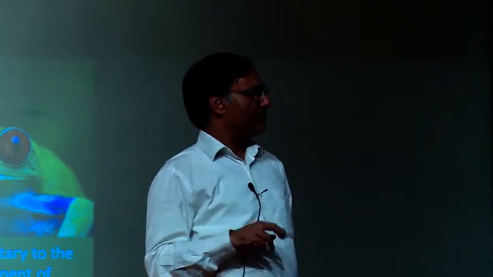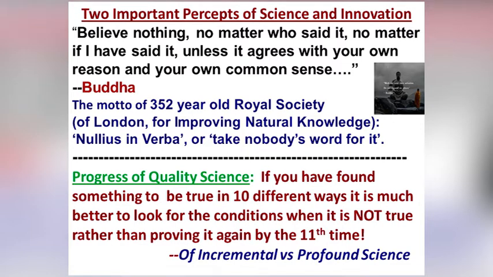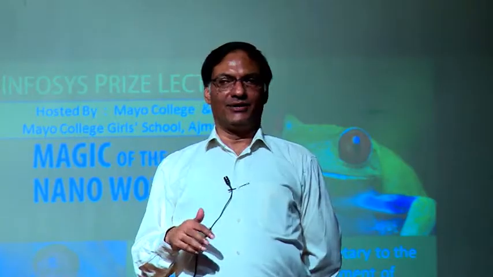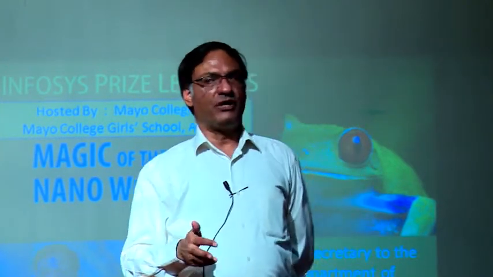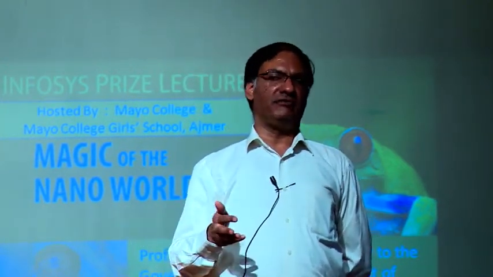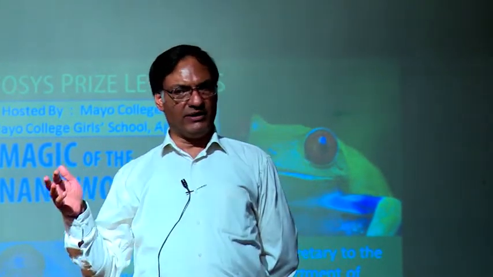Another issue is we want profound science. Doing profound science means that we should look for falsification of the knowledge that exists. Proving the same thing again and again has no meaning. What we have to do is find out conditions under which it does not work. If we can find those conditions, we understand the limits of what we know. Knowing the limits of what we know is the true knowledge. So if you know this is where the limit is, then you push this limit a little bit. That's how one discovers something new, something useful, something profound.